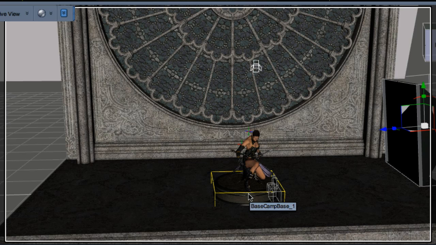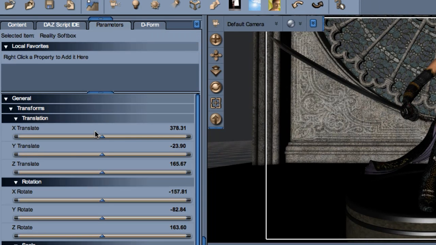I have, of course, the position and rotation of the one that I used in the original image. So let's see. It's 618.87 for the X position, minus 24.38 for the Y position, 146.93 for the Z position,